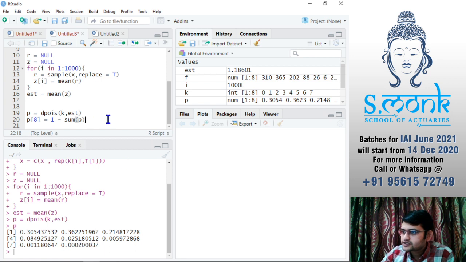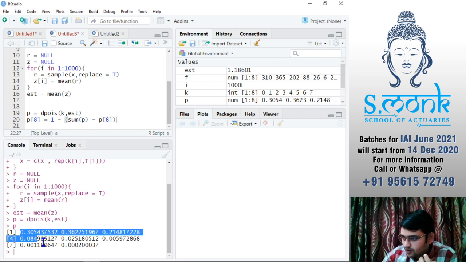Okay, so I'll say sum of p, and put brackets here, and then I'll remove the last value, that is going to be nothing but p8, from this sum of p.